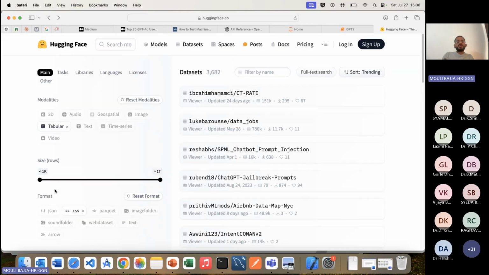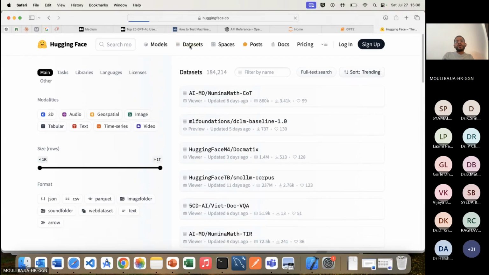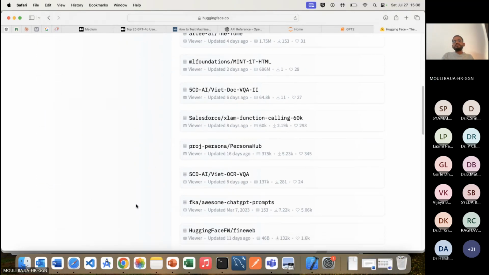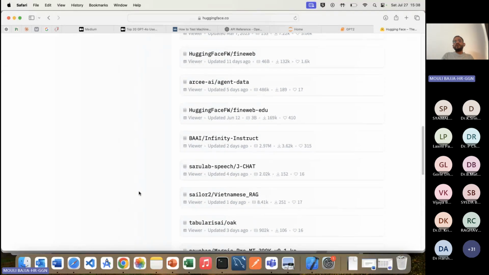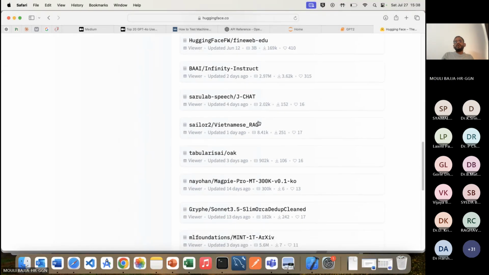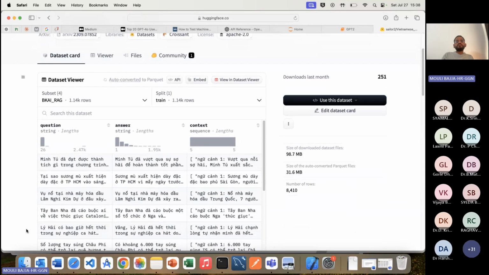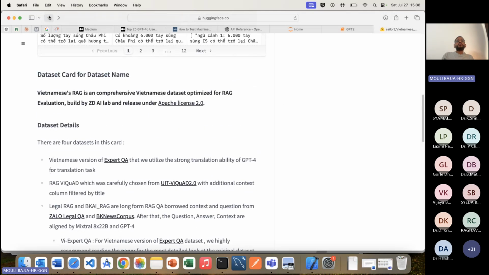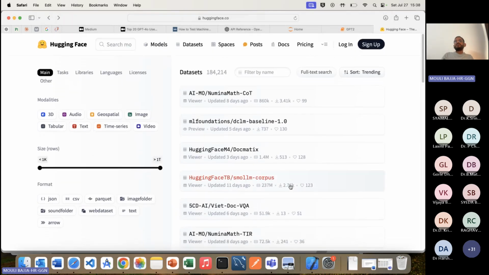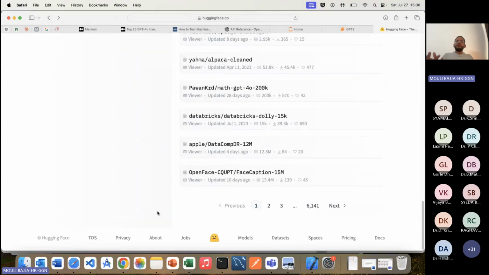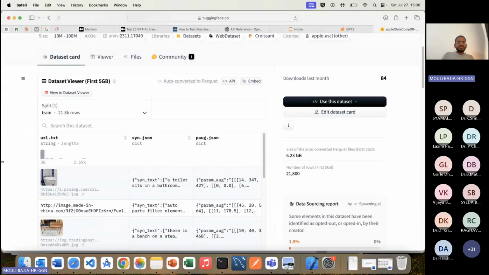So data sets, let's say, simple data I'm trying to look for. Tailor to Vietnamese. What could this be? String length. Okay, there is a lot of text here. So you could look for simple data. These are all heavily text and image based. Obviously, that is where you rely on third party information. Otherwise, there are so many places where you can get the data sets. Let's see what Apple has published as data.